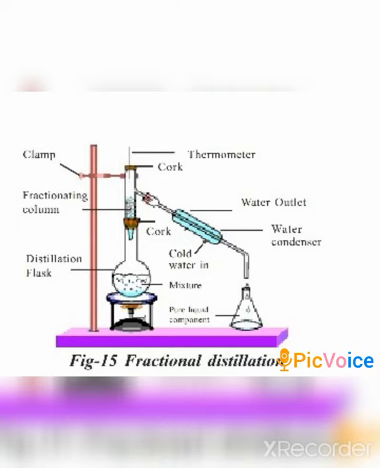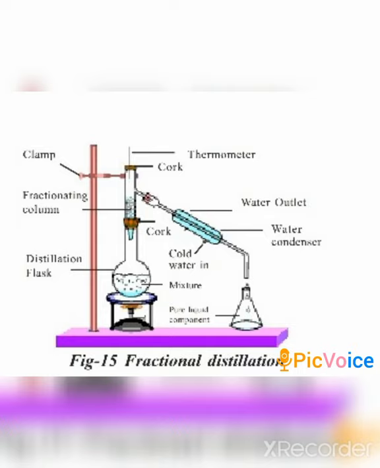If the boiling points of two liquids have a gap of just 25 degrees Celsius, for example, I have already told you how it works out. So fractional distillation is used along with the water. If the water boiling point is, you know that it is 100 degrees Celsius, and if a liquid whose boiling point is above 75 degrees Celsius, in that case, as the gap is just 25 degrees Celsius, we will be using the fractional distillation.